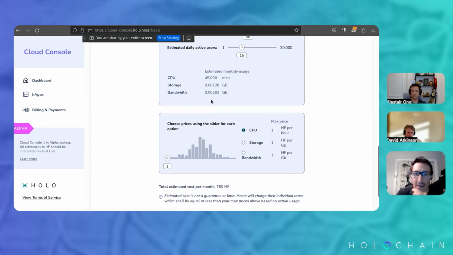Storage, bandwidth. So that's a tool that'll help me set these prices. Using this information, I'm going to try and come up with a maximum price per hour for what I want my hosts to be charging me, invoicing me for. So we've got 45,000 minutes, max price per hour. We'll say, and this is HoloFuel, something like